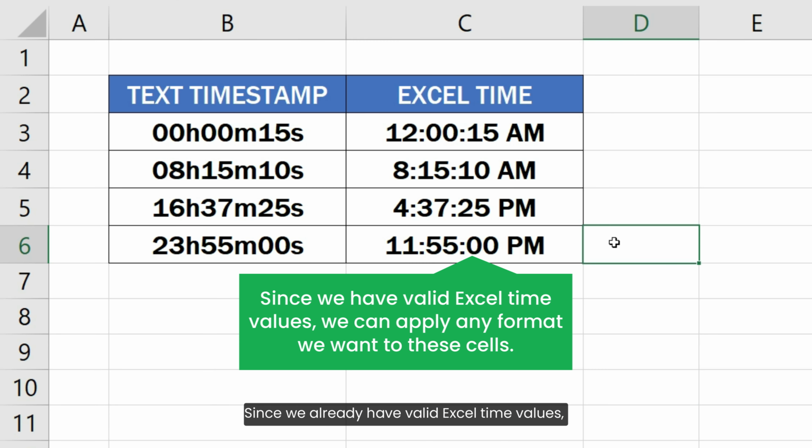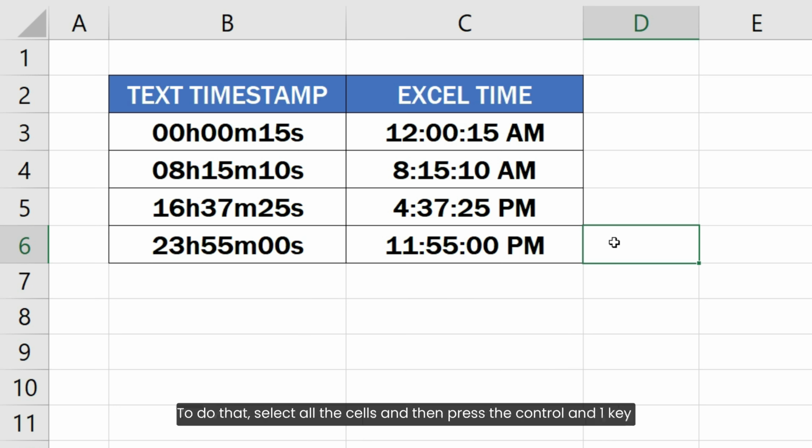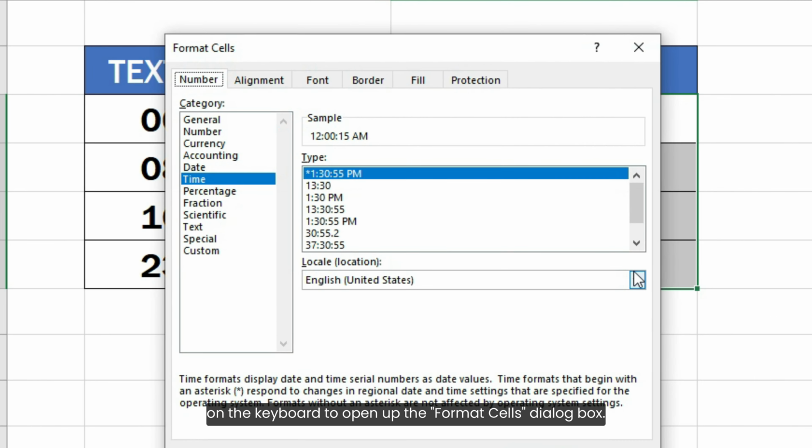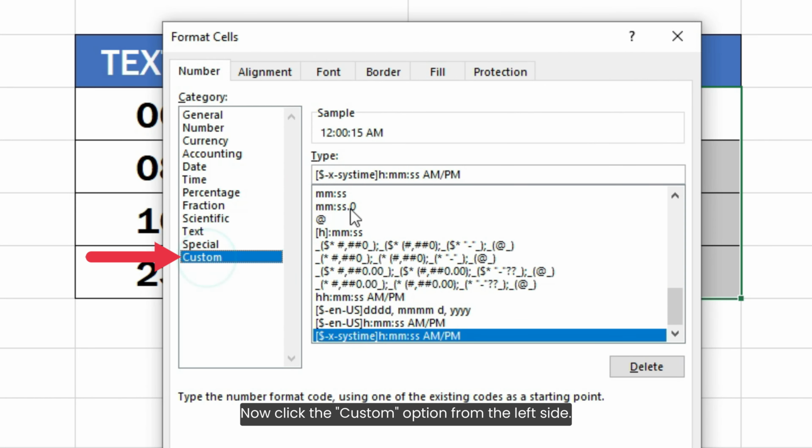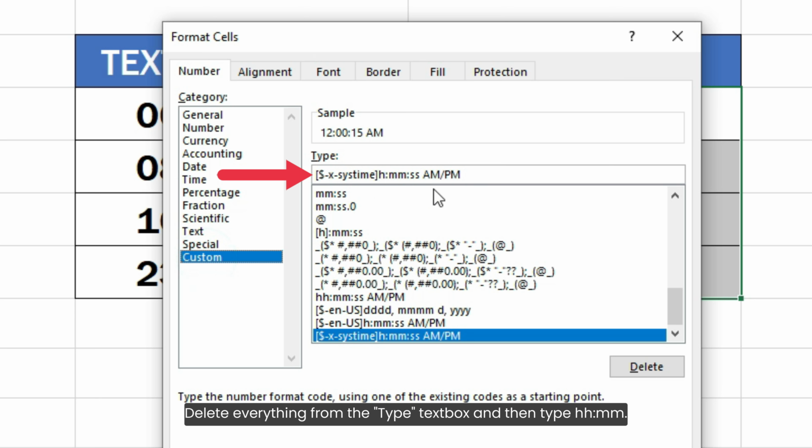Since we already have valid Excel time values, we can use the cell formatting option to format them. To do that, select all the cells and then press the Ctrl and 1 key on the keyboard to open up the Format Cells dialog box. Now click the Custom option from the left side. Delete everything from the type text box and then type